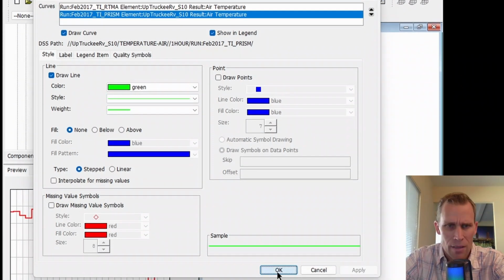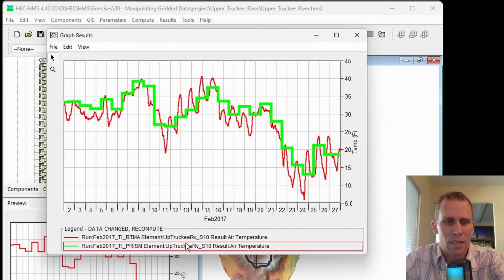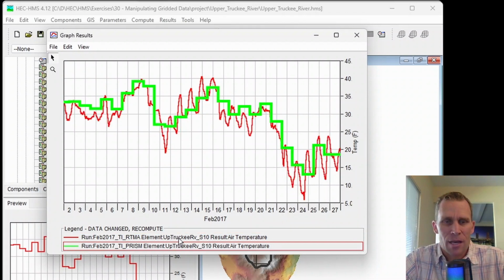Okay, apply. Okay, the green line's still kind of hard to see, but there it is. I made it a little bit bolder by selecting it in the legend here. Now we see that we have daily air temperature data in the green series. That's the Prism data. And then in red, this is the hourly data. Of course, it's the same data. As you can see, it's basically the same, but the time step affected our snow water equivalent more than I